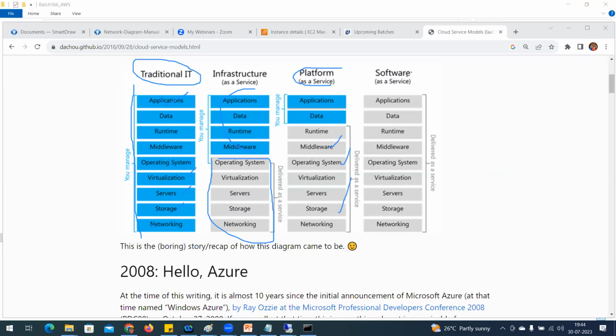Now, software as a service: directly, no need to worry about the configuration, the license, and all those things. Directly in a browser, just like Smart Draw. For example, a typical diagram application: if I want to install it on my laptop, I need to purchase a license. Like Smart Draw, Cloud, Adobe Photoshop is there. Adobe Photoshop, you can imagine what the cost is. Generally, photographers or video makers, what are they going to do? They are going to use an image application.